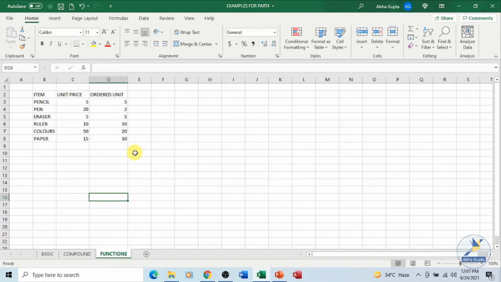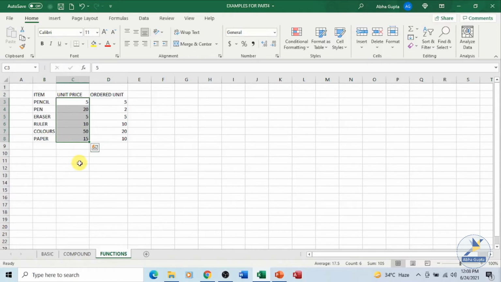Now there are two kinds of range in Excel. We have column range and we have row range. Now what is a column range? If I select from here till this cell, this is my column range. Always keep in mind, in your column range, the column heading remains the same and the row number changes. I have made a selection over here. My column is C and the row numbers are changing from 3, 4, 5, 6, 7 till 8. So this is an example of a column range.